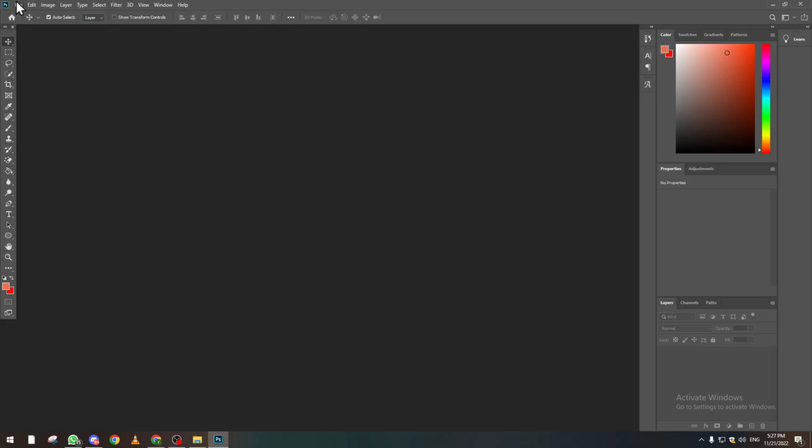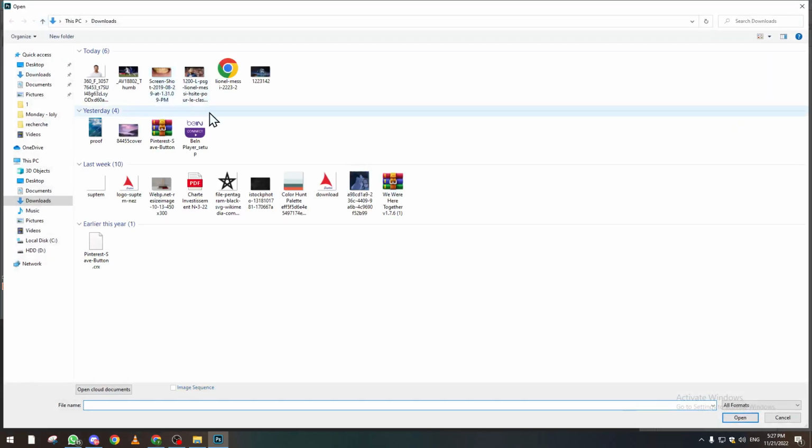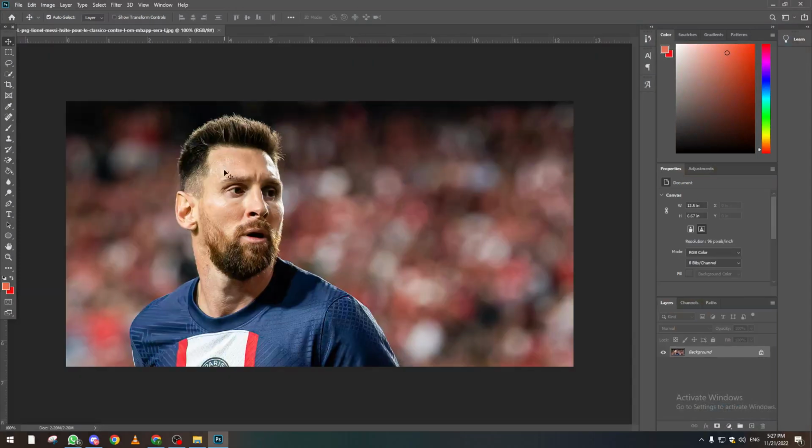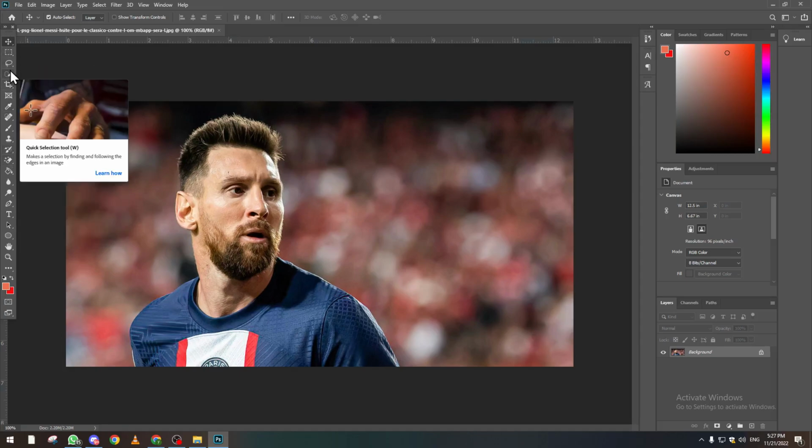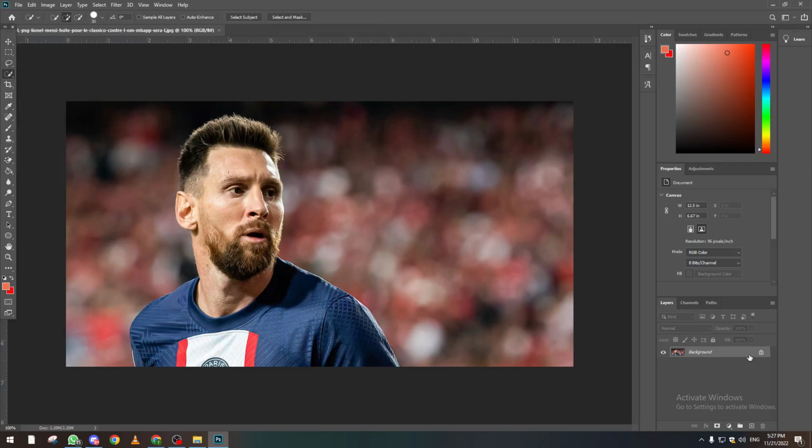Now let's go ahead and open an image like that, and for example we have here Messi. How can we keep only Messi and save it with only Messi in it? Like for example, if we selected Messi, just click on here twice,